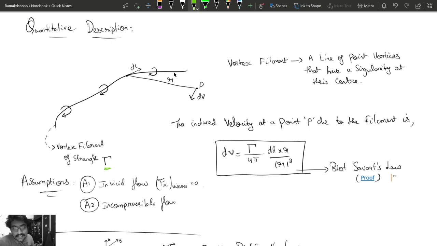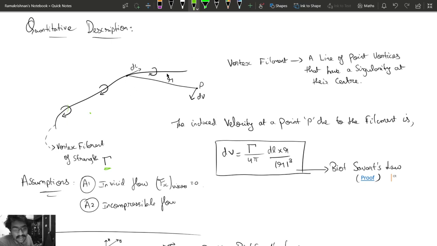So a vortex element is nothing but something like a line of charge, which we have studied in our high schools. These are all vortices. This is a collection of small point vortices which have singularities at their center, which we have seen in the previous video, similar to a line of charge which has infinite electric field at its center. And that is what we call the point of singularity.